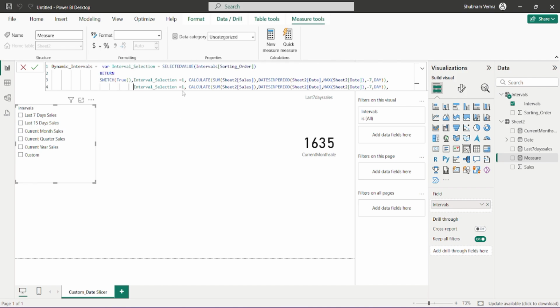So this time my interval selection would be 2, which is last 15 days sale. Here I will simply change the interval, which is -15, and the rest of the formula will be the same. If you have more intervals, like -30 days, -90 days, in this way you can create more and more logics. But our next requirement is that we need to calculate current month sales in the third